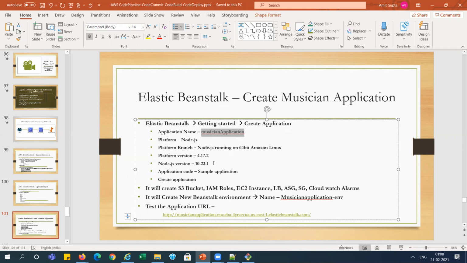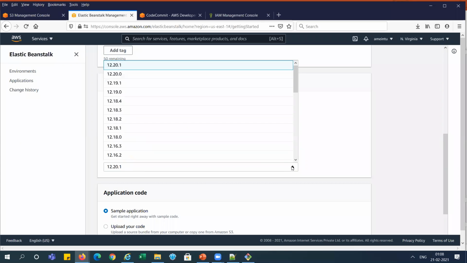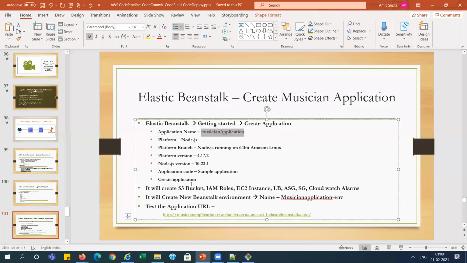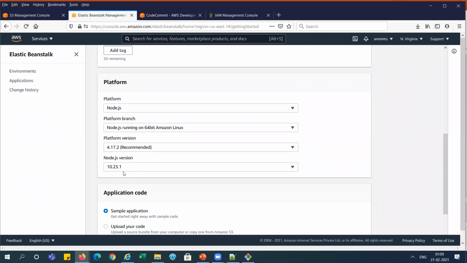And Node.js version, actually I developed that application on 10 point something, so I'm selecting the same version from here, 10.23.1, right? Because the code currently in the GitHub repository was developed on this version, so I'm selecting this version.